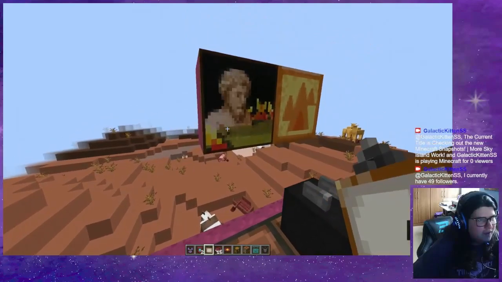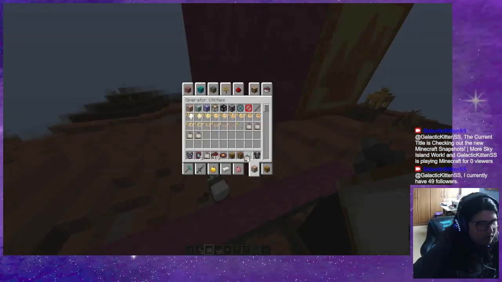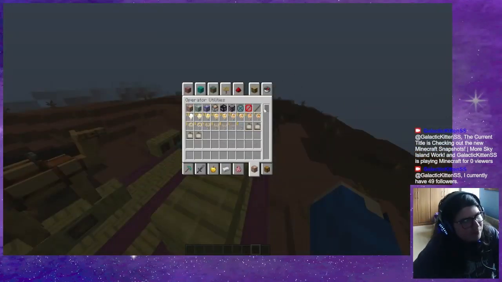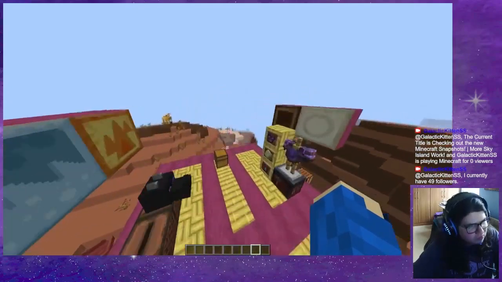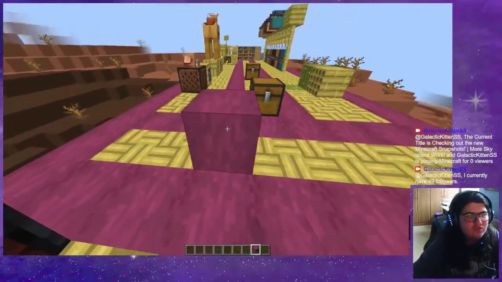You can see that this painting, oh no, it's just a generic painting because I picked it, but if I wanted that water painting back, I can go whoop, water, and there we go. So yeah, pretty cool, pretty good changes. I'm making this sound smaller than it is. This is really exciting,